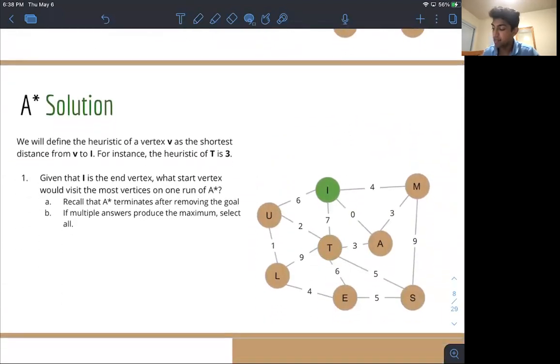This problem is actually rather cool, and you'll explore something interesting about A star. The idea here is that we have a heuristic that's really, really good, right? When we think about heuristics, a heuristic is usually an underestimate or some sort of guess at the shortest distance between one vertex and the end, right? So in this case, we have something that I like to call a perfect heuristic,